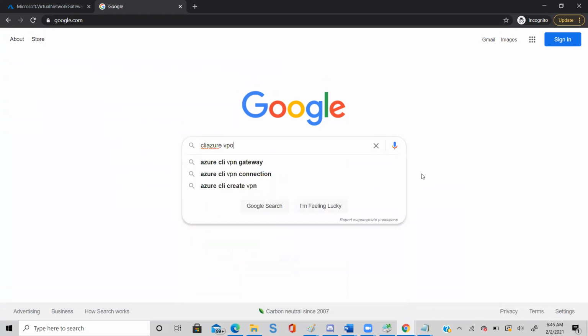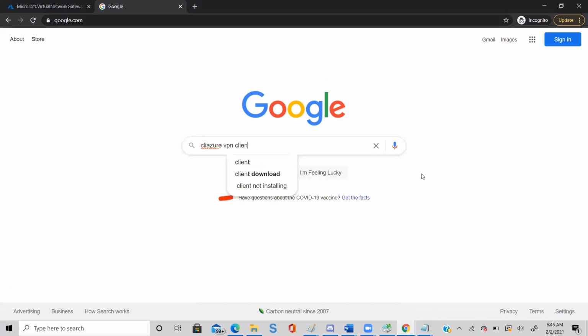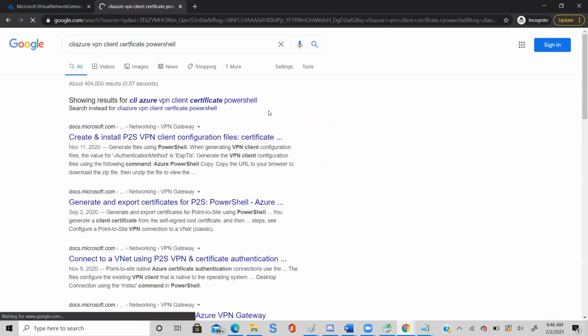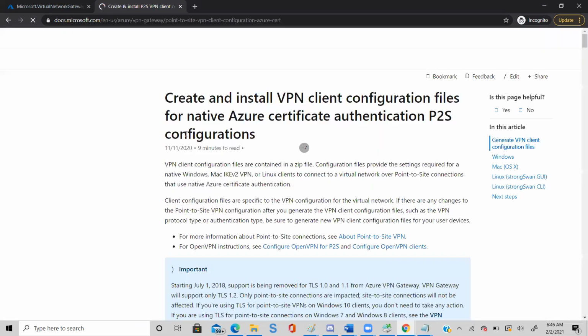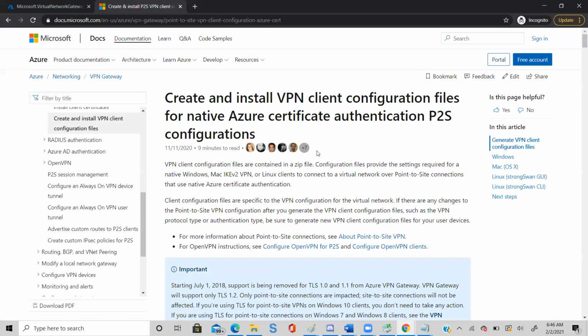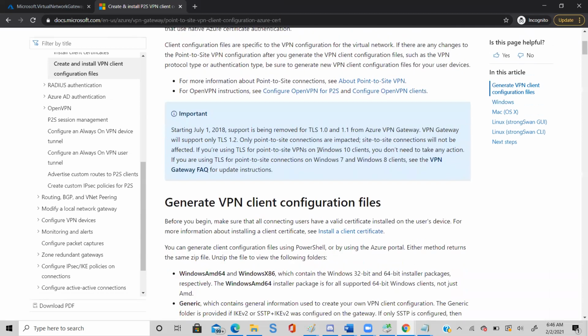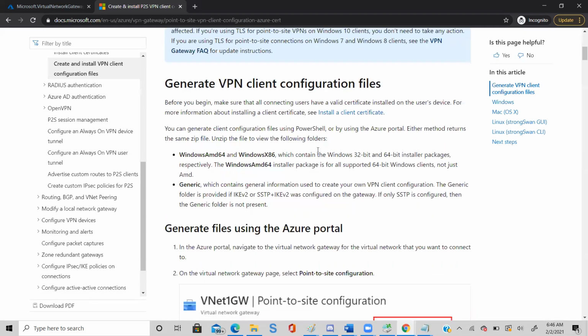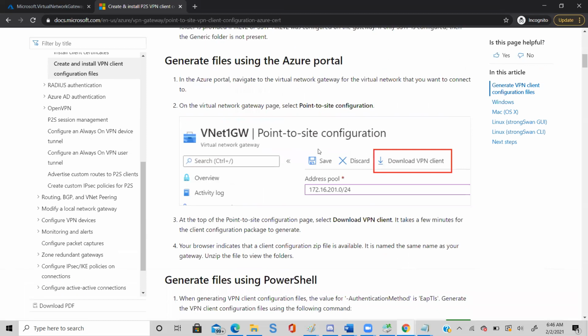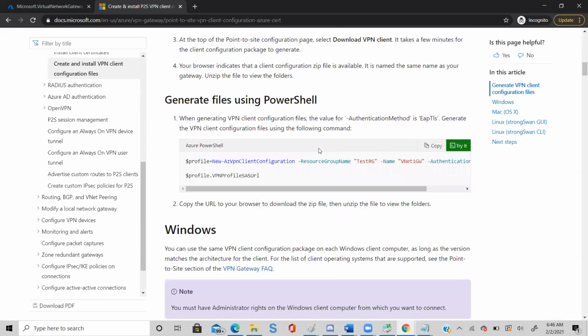Azure VPN client certificate. So we are generating a certificate. This is a tool. This is the command which you have to run to generate a certificate in your PC.